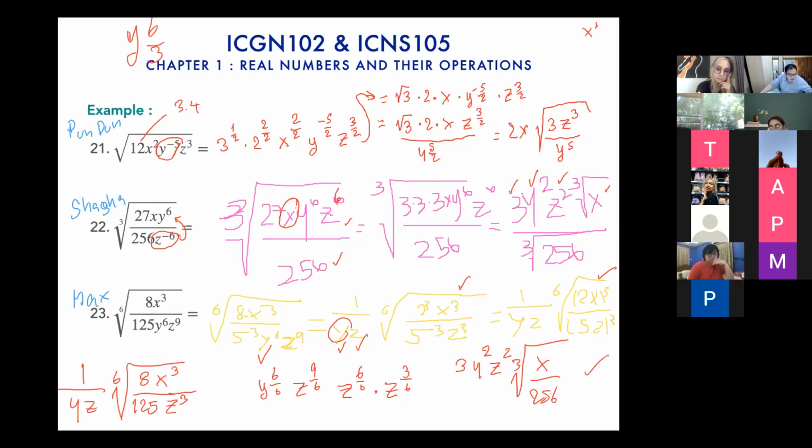ข้อ 22 หนู Yes. เอาติดแบบมันจะคือหนูทำ 256 เป็น 4 กำลัง 4 แล้วก็เลยดึงออกมาเป็น 3 ส่วน 4 y กำลัง 2 z กำลัง 2 ส่วนรูท 3 x ส่วน 4 แล้วก็ติด 4 ไว้ในรูท 3 ได้ไหมคะ Hang on, can you please show us, just write it down for me please. โอเคค่ะ